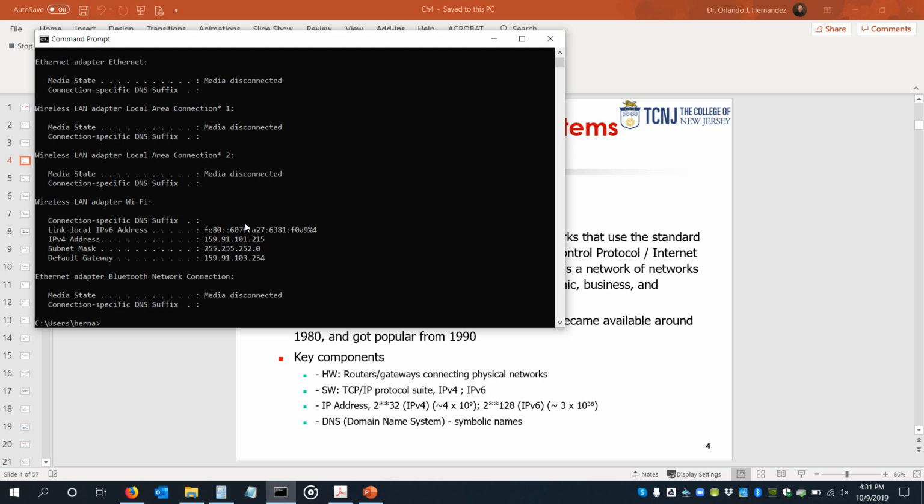If I type this, I can see that, for example, my computer supports both IPv6 and IPv4, and you can see the address for IPv4. It's altogether 32 bits, and the 128 bits for IPv6. So right now my computer can connect with both, whatever is supported.